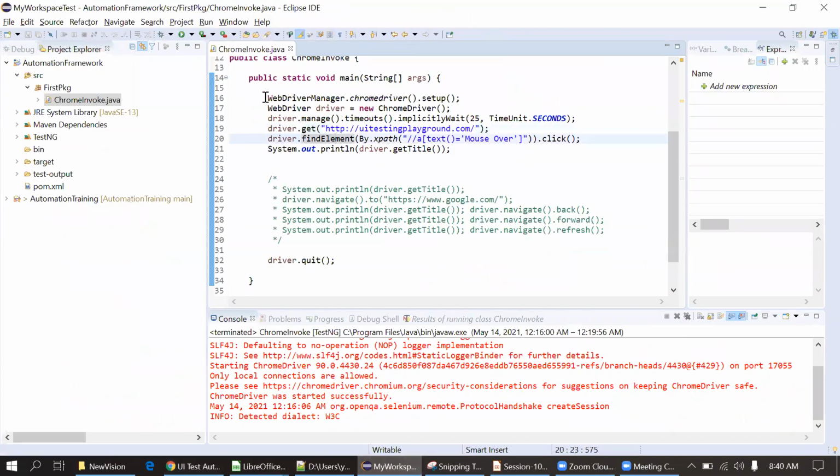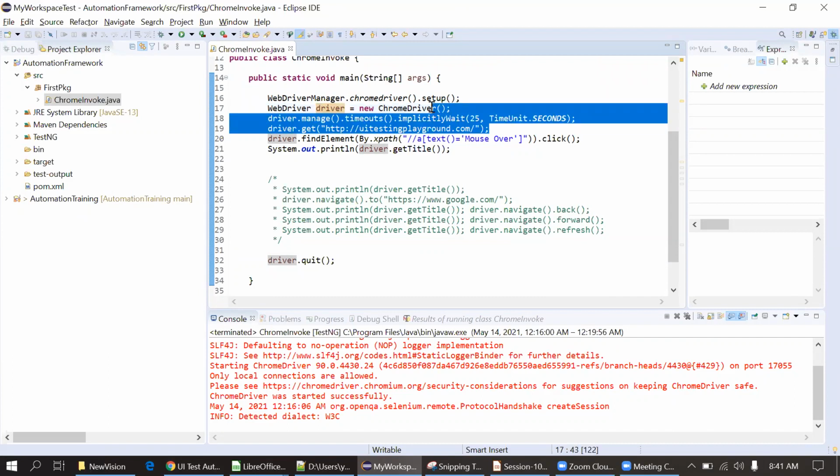Okay, so I have written the code WebDriverManager.chromedriver().setup(), which means it will set up the Chrome driver for me. Then this simple line, WebDriver driver = new ChromeDriver(). It will open the Chrome driver and give the reference to the driver. On that driver, I will use the get call or findElement methods based on requirement. So till this line, the website is opened in the Chrome browser.